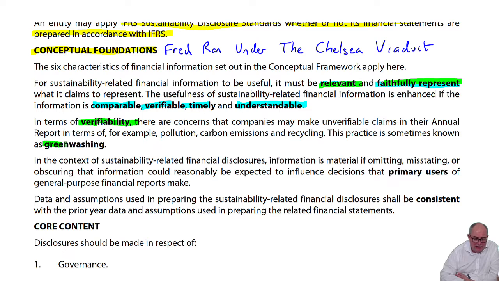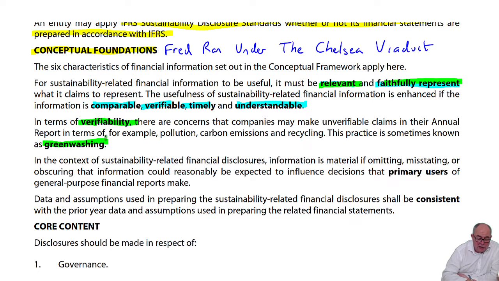That's a process that's known as greenwashing. So giving information, data that simply can't be checked in any sensible way. There we are then. So the conceptual foundations: Fred ran under the Chelsea viaduct, faithful representation, relevance, comparability, timeliness, and understandability.